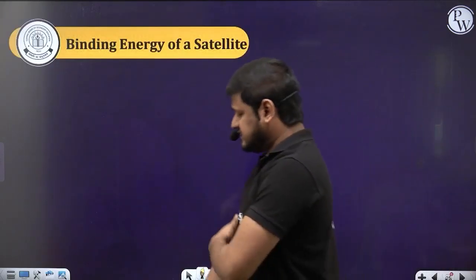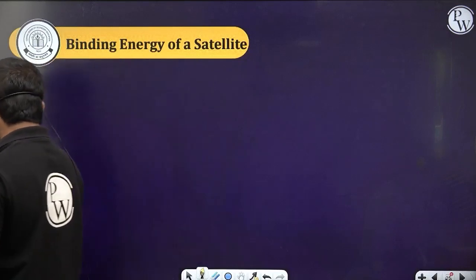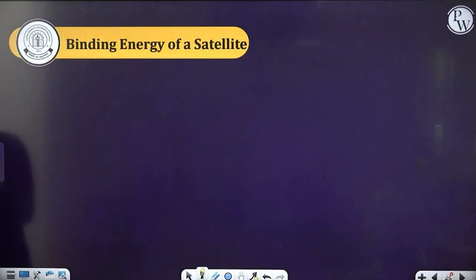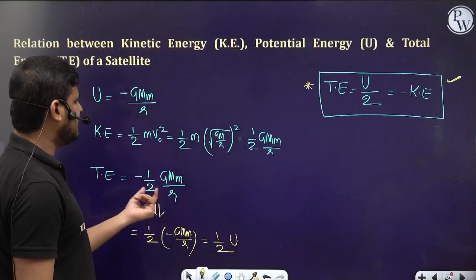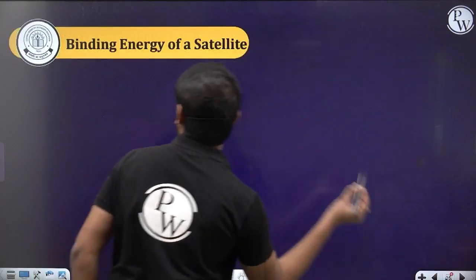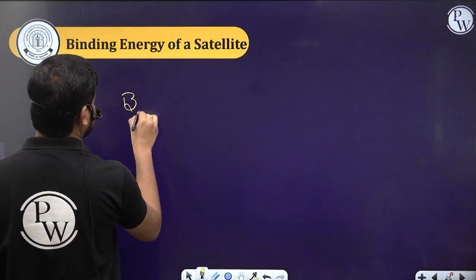So now what is the binding energy? The binding energy is nothing but the negative of the total energy, guys. So you can simply remember, it's a negative of the total energy. What is the total energy we have got? Minus GMm by 2r, right? So the binding energy